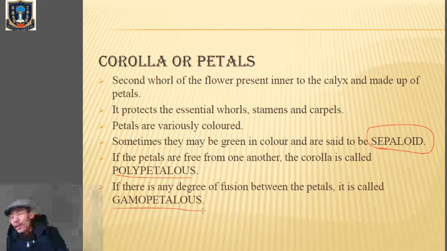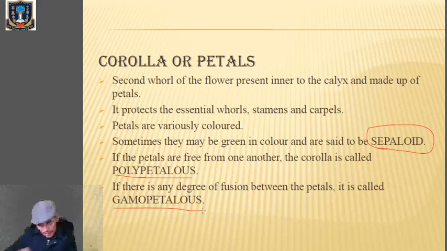Okay, then that corolla is called polypetalous, and when the petals are fused with one another, then it is called gamopetalous. So we are getting the synonymous terms like polysepalous, polypetalous, gamosepalous, gamopetalous. So kindly remember those terms. Clear? Okay, now